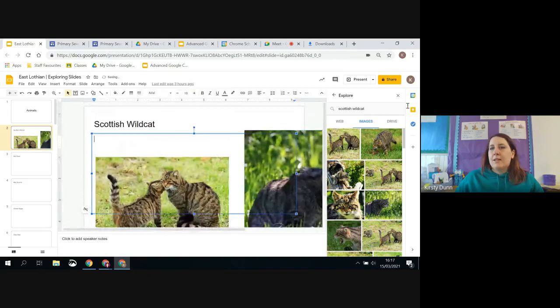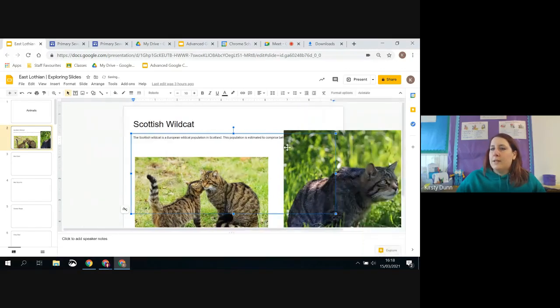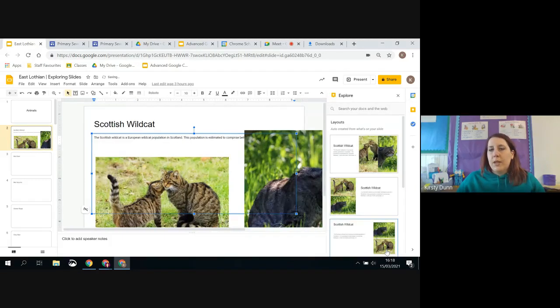And then I'm going to add some text by, I'm going to be really naughty, and I'm going to copy that section from Wikipedia. And so I'm able to collect a whole lot of images, a whole lot of information that way. It saves, again, going off lost on the internet, doing it all from the Explore tool. Now that I've got a few pieces of information on my slide,